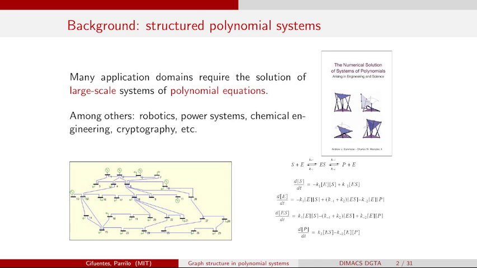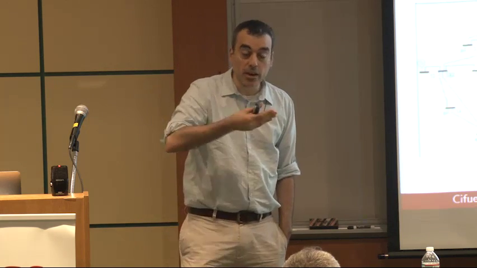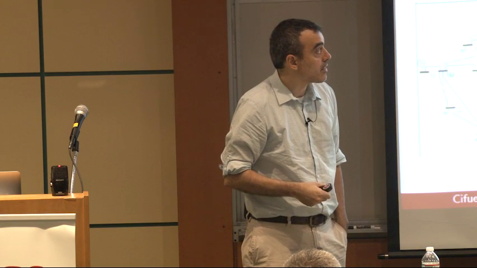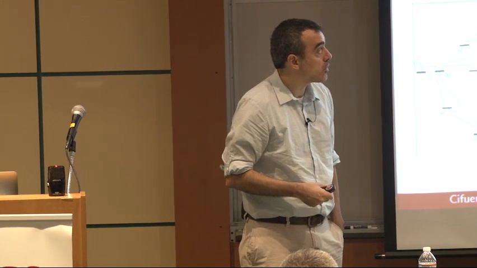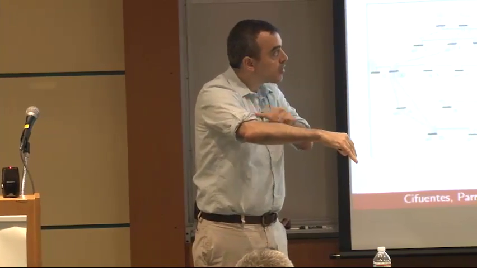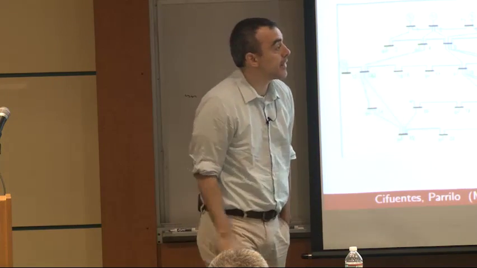Right, another example is, for instance, given by, this is from the cover of this very nice book of Sommese and Wampler on how to solve systems of polynomial equations. And when you look at robotic manipulators, so for instance, this is a diagram of what's called a Stewart platform, then typically in there, again, when you look at either the forward or the inverse kinematics, what you will have are essentially a system of polynomial equations that will relate the rigid bodies. Think about the robotic manipulator, and there's a certain structure in there which is given by the physical interconnection of the different degrees of freedom that I have.